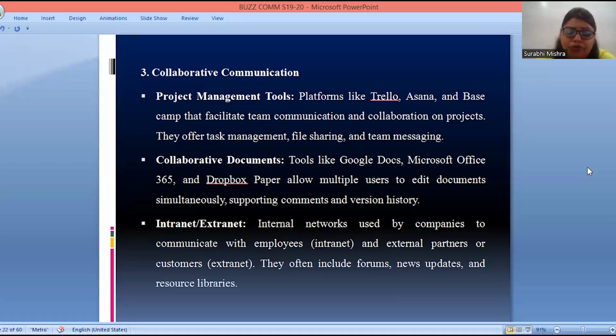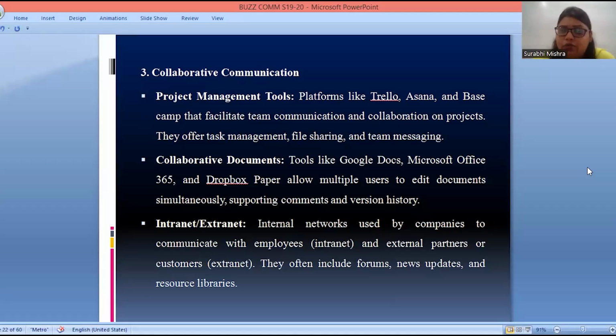So collaborative communication includes project management tools like Trello, Asana, and Basecamp that facilitate team communication and collaboration on projects. They not only offer task management but also help in file sharing and team messaging.